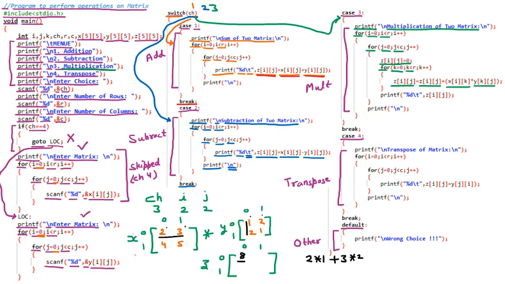In a similar way we will get the next number, then the next and the next. So all these numbers will be taken. But I am emphasizing the first number. How is it found with the formula? First of all, j is 0, and also I is 0. So I and j both are 0. So we are assuming 0, 0 here.